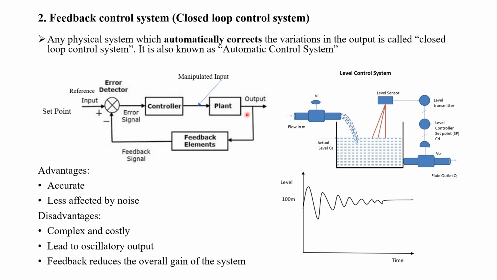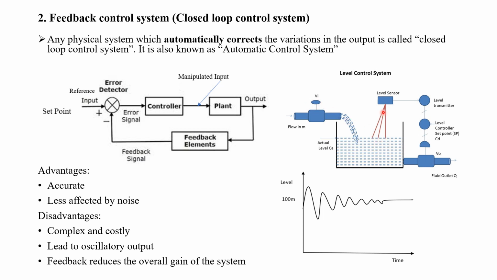Now I am going to explain this closed loop control system with the help of this level control tank. So this is also a level control system, but it is closed loop. In the previous open loop level control system, to vary the tank level we varied the inlet valve position. But here, to vary the tank level, we are varying the outlet valve position. The inlet flow rate will be constant, that is, the inlet valve position will be constant.